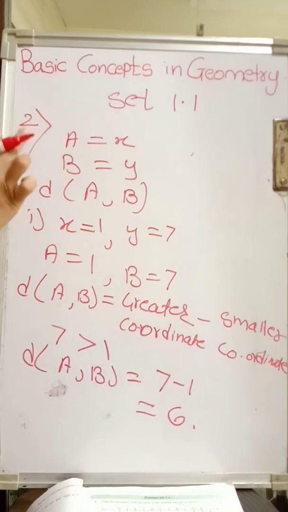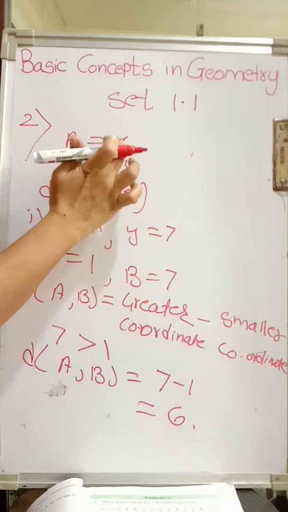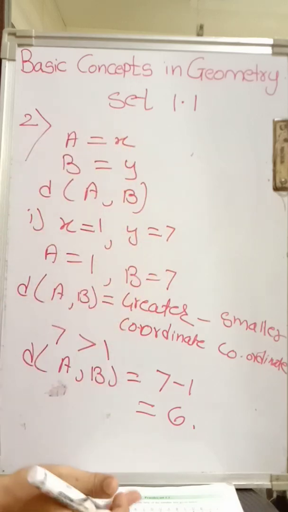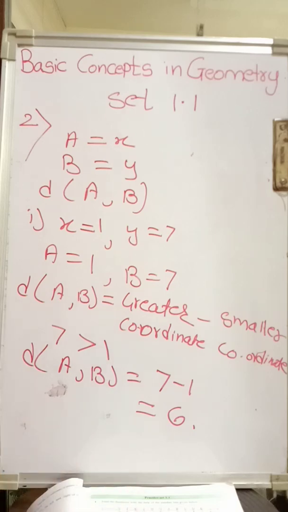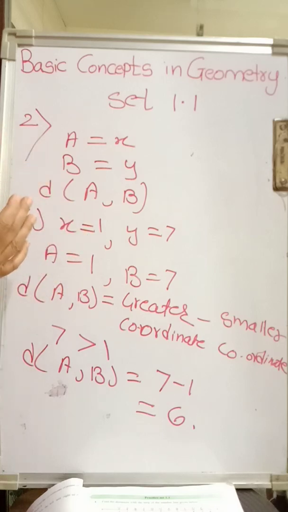So this is your question 2. It is the same, only instead of giving the numbers directly, they have given x and y, but we know that x is 1 and y is 7. Every time the x and y values change, and you have to do this. Now the main thing here is that when it comes to negative numbers, students get confused. You think that the greater the number, the greater it is than the smaller, but that is not true for negative numbers. Just keep that in mind and then go about it.